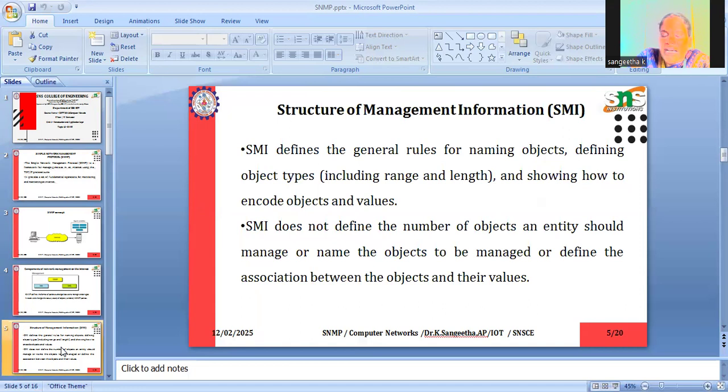It also describes how to encode objects and values. The SMI does not define the number of objects an entity should manage, or name the objects to be managed.